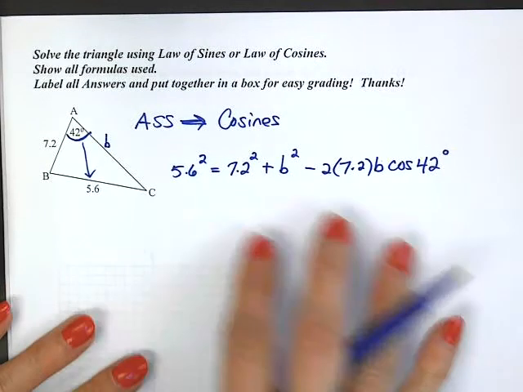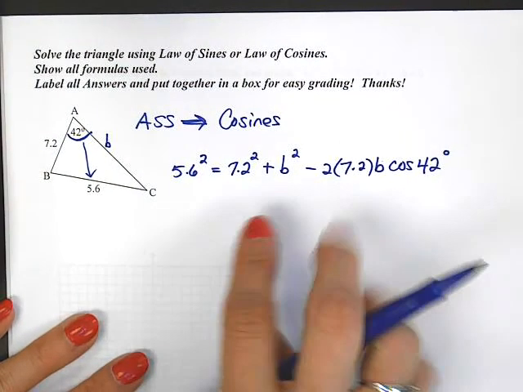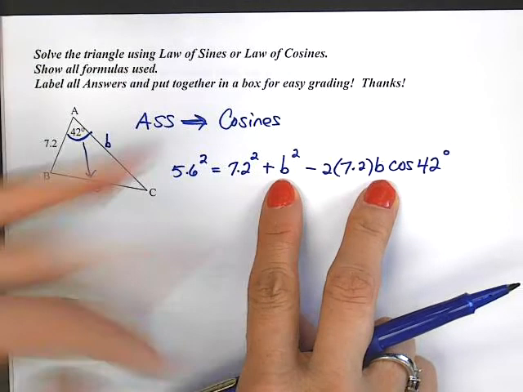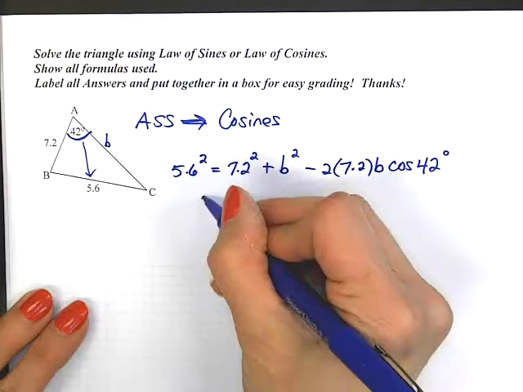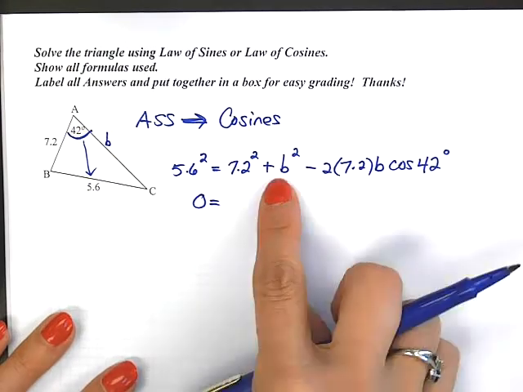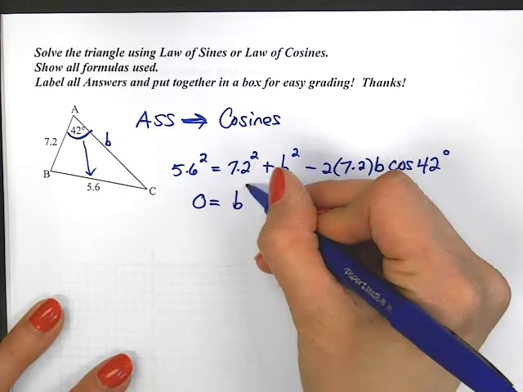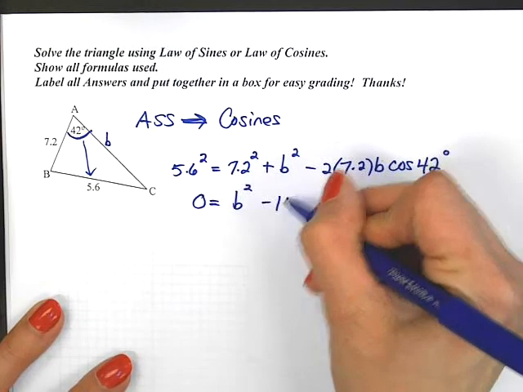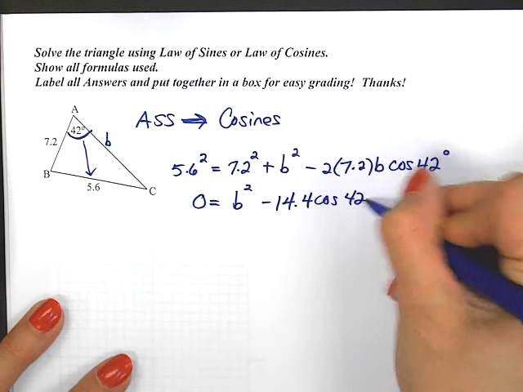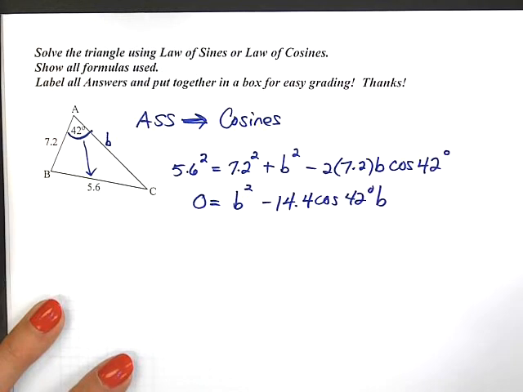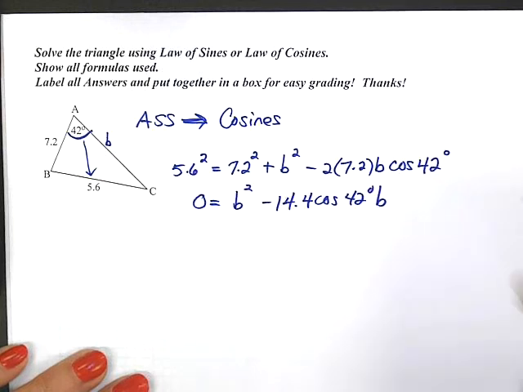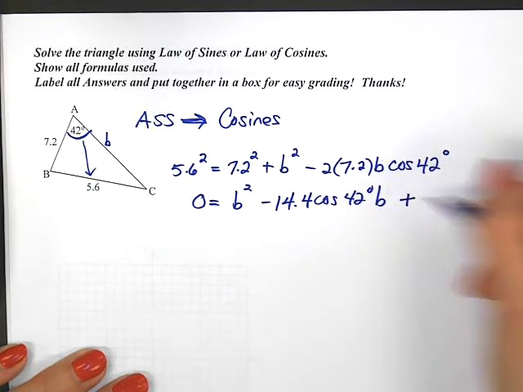Do you remember how to do this when the variable is squared and single? We can't just type it in our calculator. We're going to have to put this in descending order. It's a quadratic equation. So this is when we used our formula a lot, the quadratic formula. Cosine of 42 degrees. I would like to put the b at the end. And then 7.2 squared minus 5.6 squared is